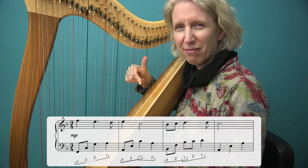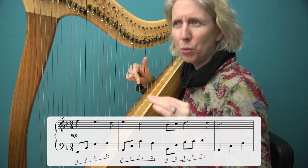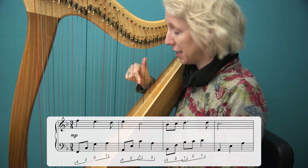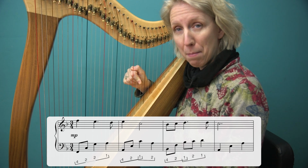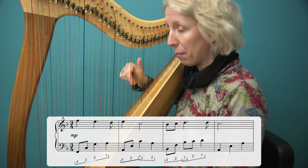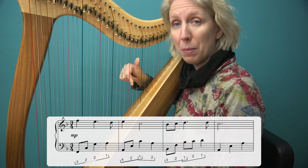You know, if we just play it without real meaning, it can just be a little bit, ooh, where were we? Let's really make that effort to bend it over. And then we can bend that finger 2 in and get a nice closed hand. And then we can just open it up, and we've now gone down a step. So we're now on the D and the E. We play the D,